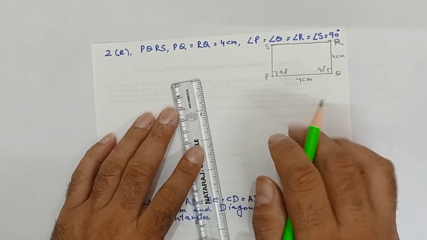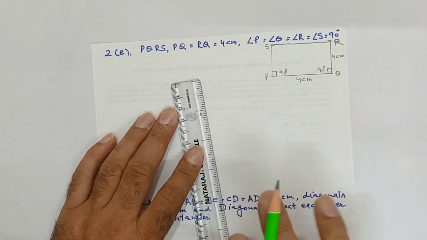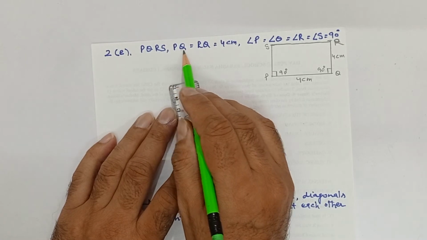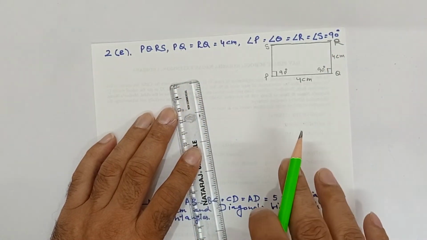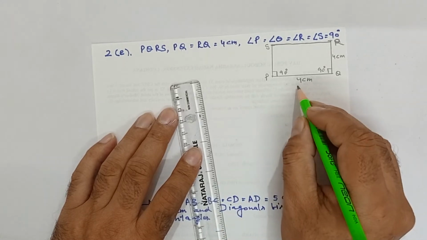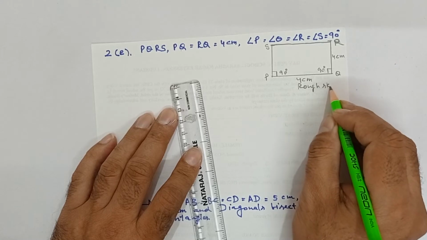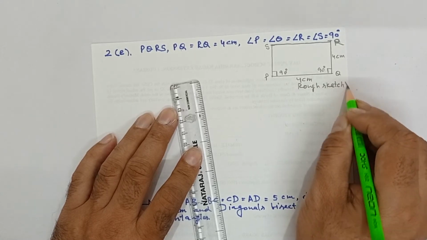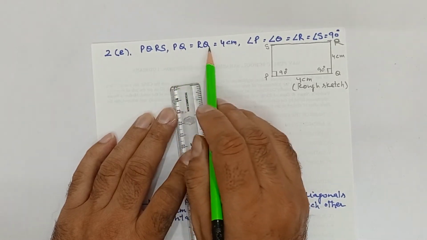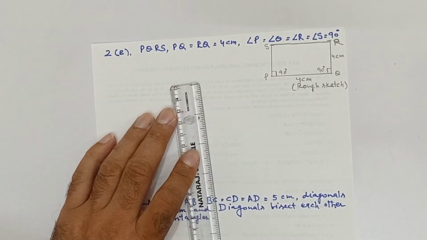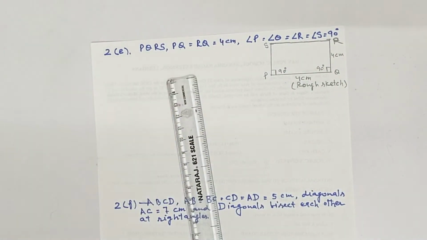all sides equal. So PS is, now let's determine, only two sides are equal. PQ is given 4 and QR is given 4. After we complete the construction, we will come to know what type of quadrilateral it will be, because here he has not given all sides equal. Only PQ and QR sides are given as 4, whereas each angle is given as 90 degrees.